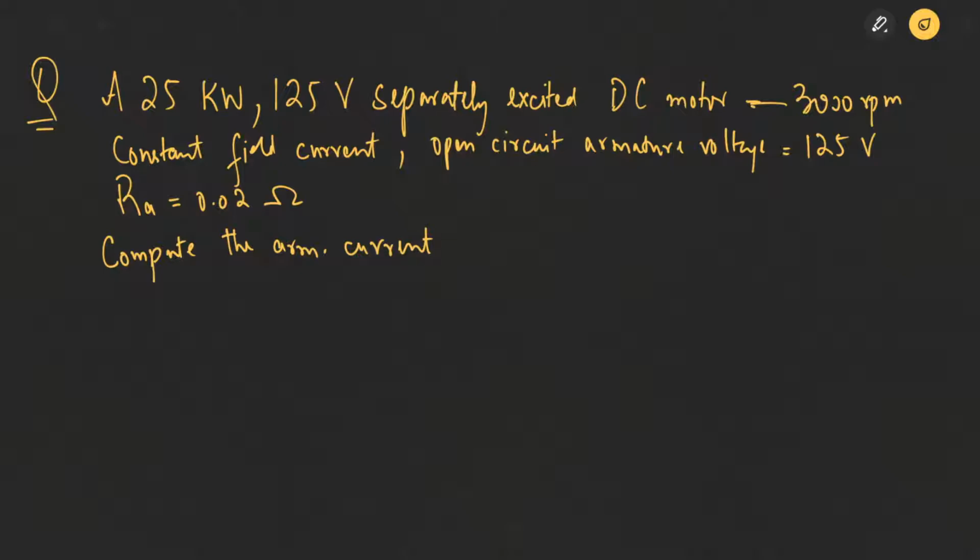We have to calculate the armature current, the terminal power and the electromagnetic power. Terminal power, that's the power that's being supplied. The electromagnetic power, that's the power that will be generated or induced in this machine. And torque: electromagnetic torque will again refer to the induced torque of the machine. When the terminal voltage is